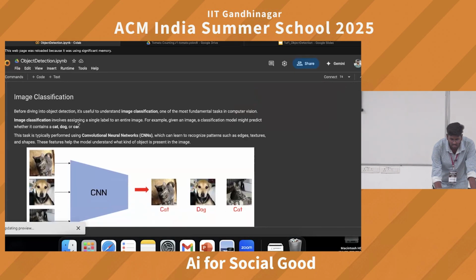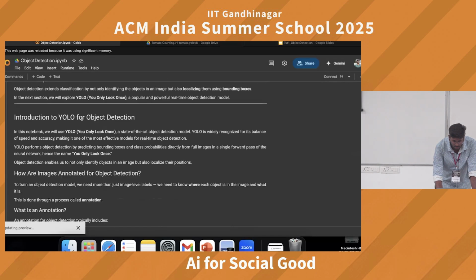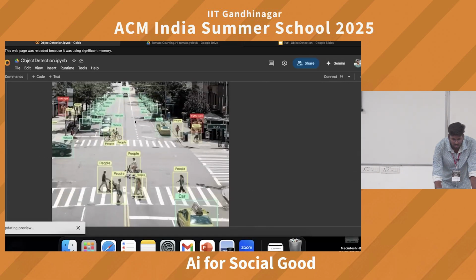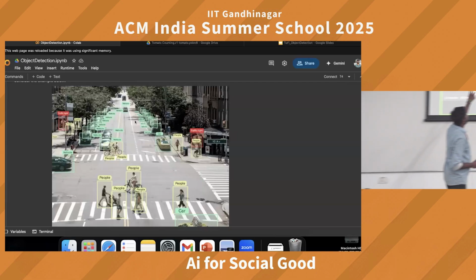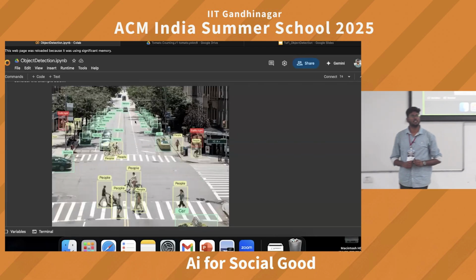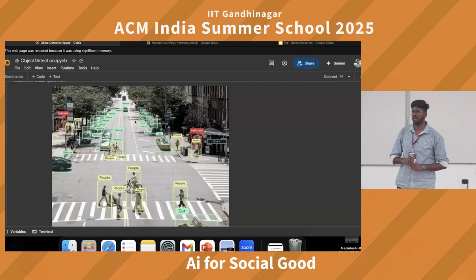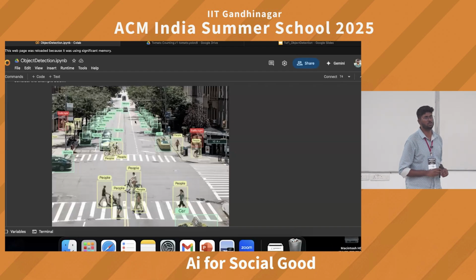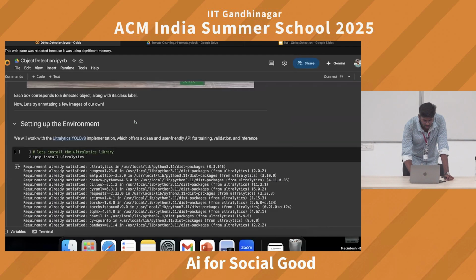So this is the Colab file. If you scroll down a little below, we remember the first session taken by Dr. Prakash, right? So this is the sort of application that you do with an object detector. You can identify various objects in a scene and you can work around with these to make cool applications. In this Colab file,